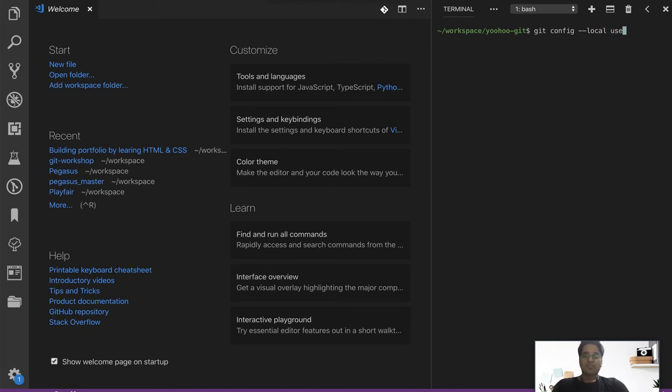I want to say my email ID for this particular repo is engineer chirag021@gmail.com. I have set that. Second thing, I want to set my configuration, local meaning for this particular repo, user name to engineer Chirag.